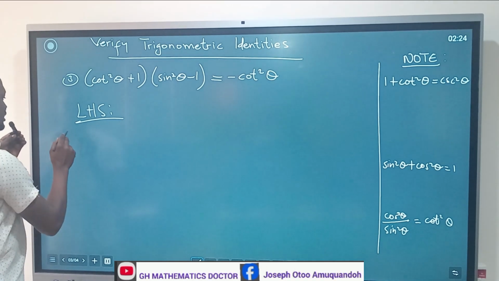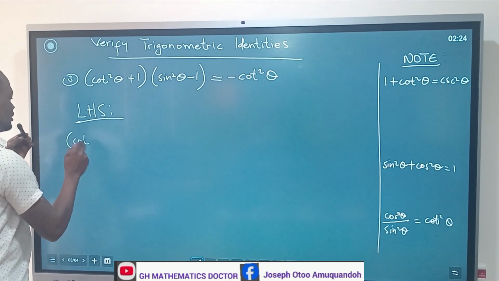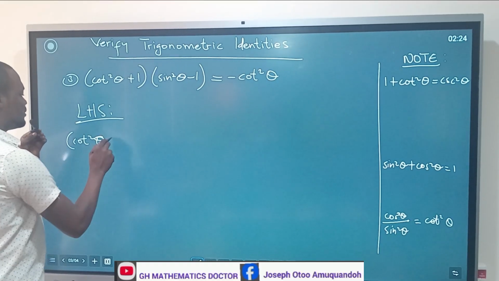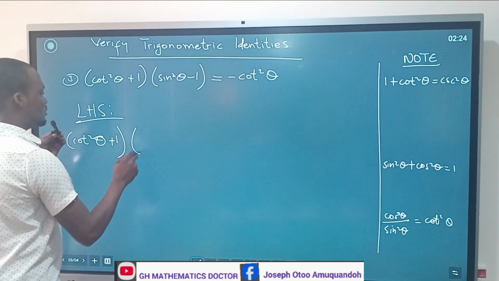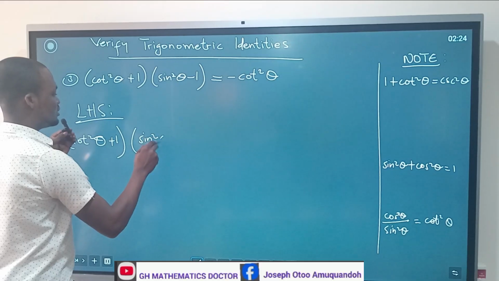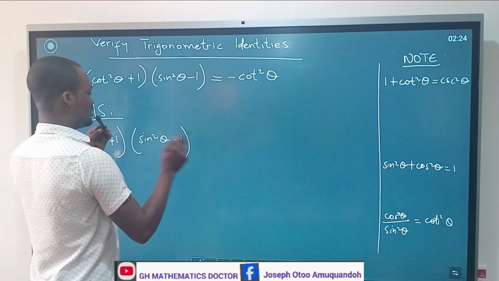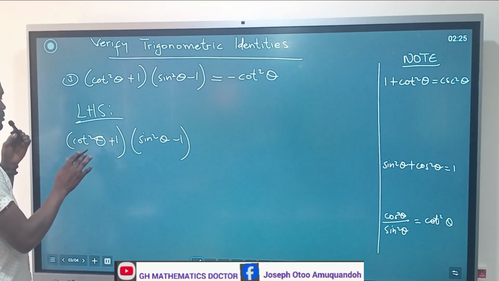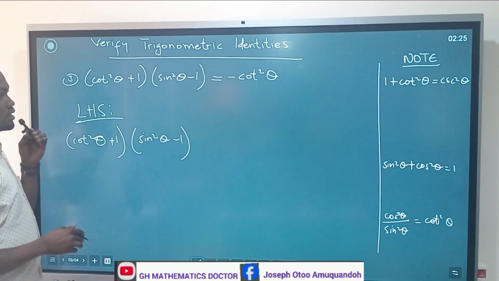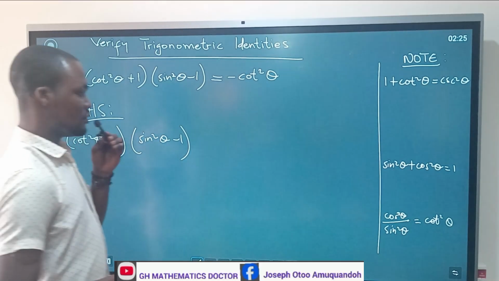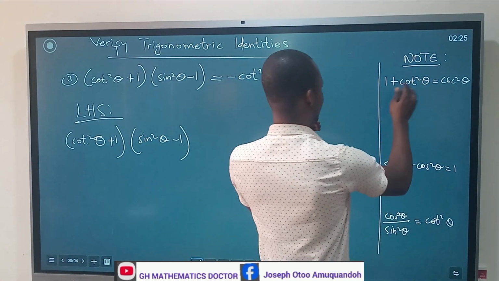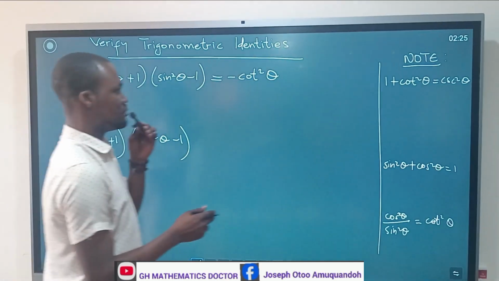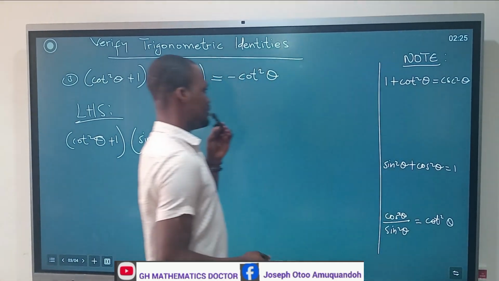So taking the identity from the left hand side, we have (cos² θ + 1)(sin² θ − 1). Then in this form, we are going to use the identities to replace what we have in the brackets. So cos² θ + 1 will give you, let's come to this side, we have 1 + cot² θ = cosec² θ. So cos² θ + 1 is the same as 1 + cot² θ, and that will give you